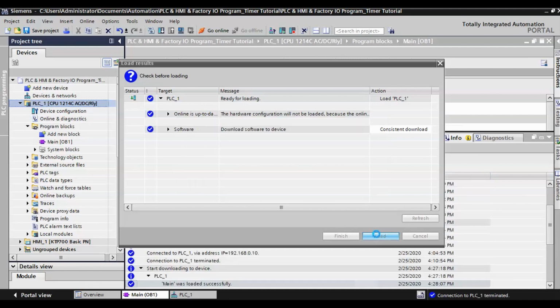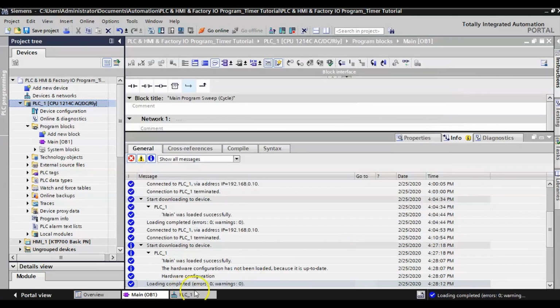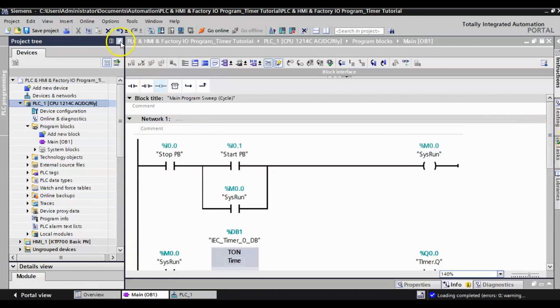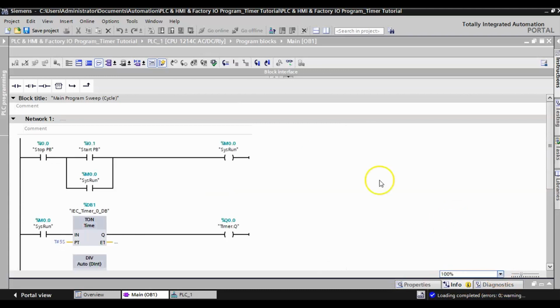That'll drop your program onto your PLC, and then hit finish. Okay, 0 errors, 0 warnings. Beautiful. Now that everything's there, I'm going to move everything to the side. I'm going to drop this down to maybe 100%, and I'm going to go here and hit the